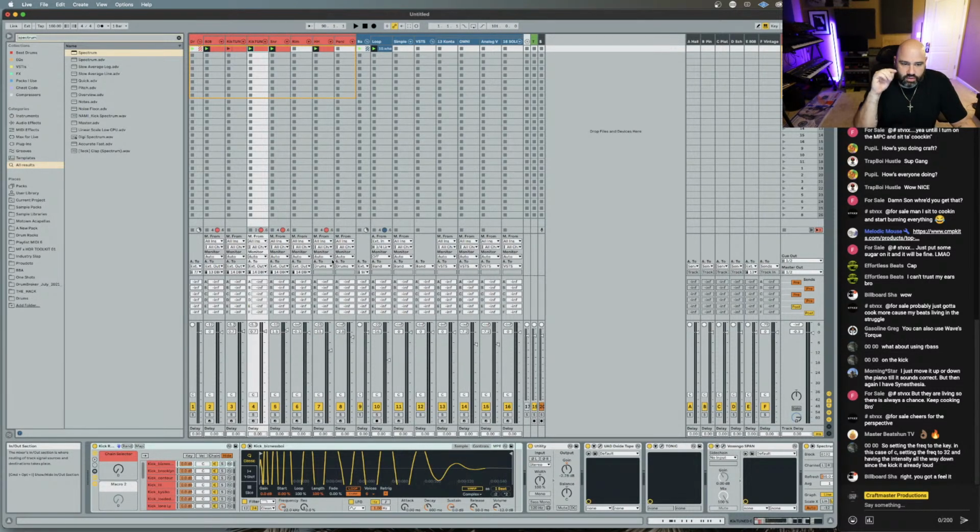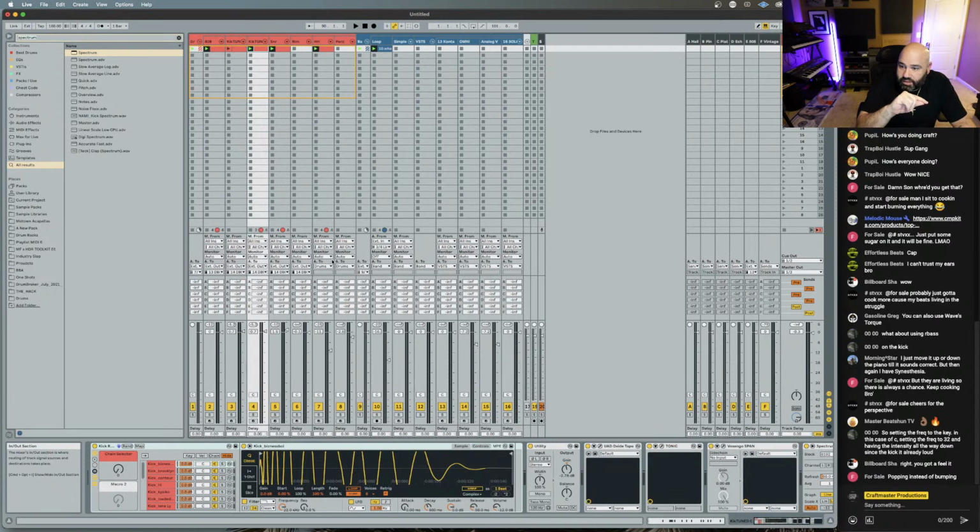And this is how you do it. You turn it up one semitone. If that sounds better than it sounded before, then you turn it up two semitones. If that doesn't sound better than turning it up one semitone, then you turn it up three semitones. If that doesn't sound better than the first two, then you turn it back to just the one semitone. So what you do is you take the anxiety out of the decision, okay?